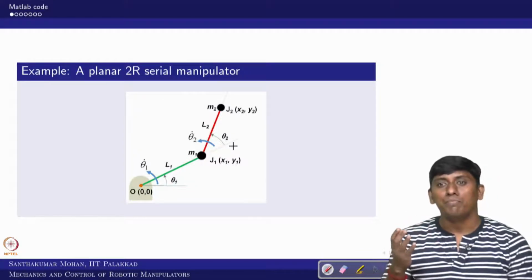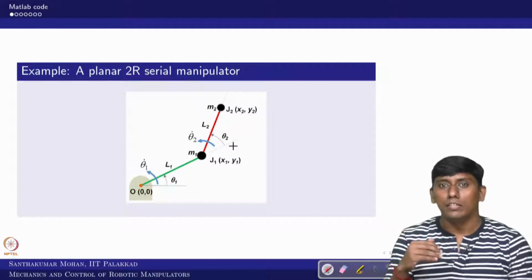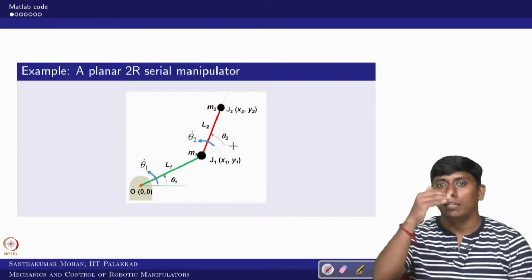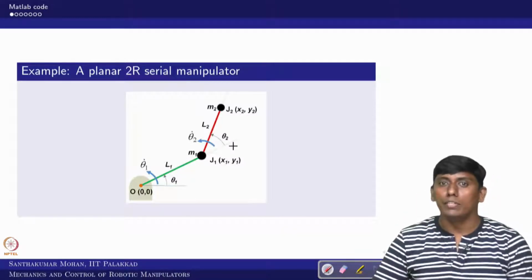Further, we have seen how to propagate the angular velocity and linear velocity if we know the base angular velocity and linear velocity. We always assume that the base is fixed. These codes we have seen in the kinematic model derivation and the differential kinematics cases, or what you call the velocity propagation model.